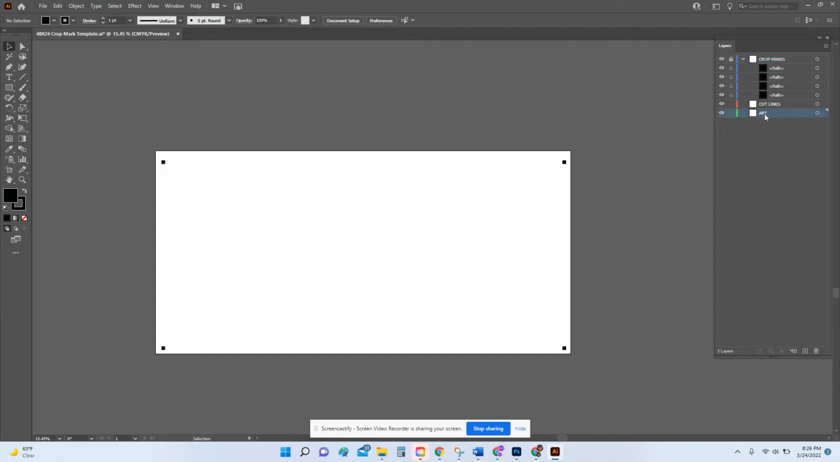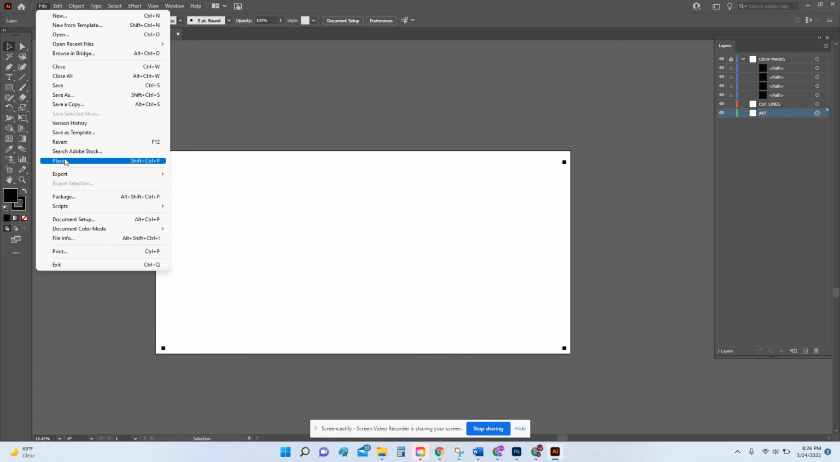So now that we're here, I personally like to work with the art being at the bottom, just because it gives me a better idea of where the cut lines would be, because sometimes we do upload a solid, not necessarily a transparent image or artwork. So I always like to have my art at the bottom. So in this case, I'm going to select my art layer, and then I'm going to go do File, Place,